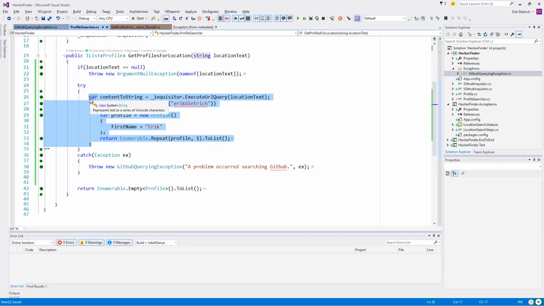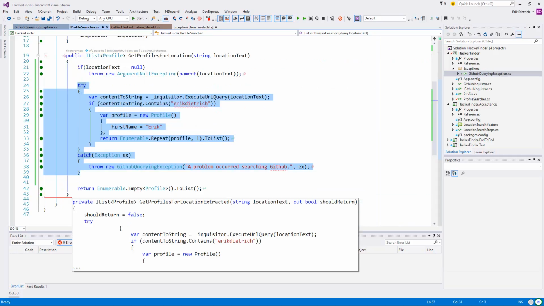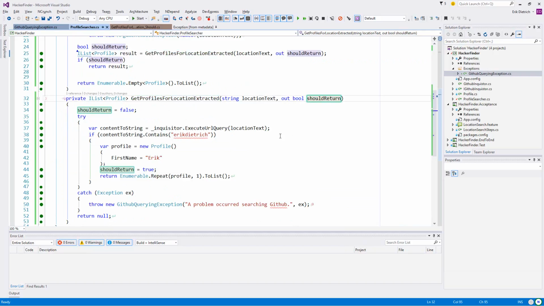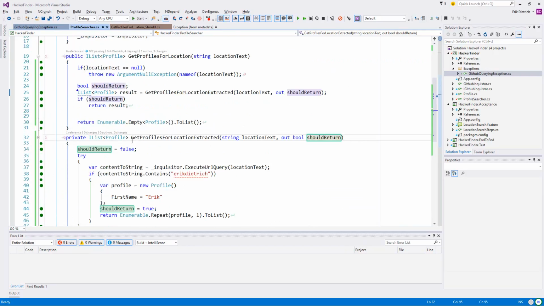We can probably pull out a sub method. Let me see what this looks like if we extract it. So it takes the, oh boy. Should return. So it's not just that simple.